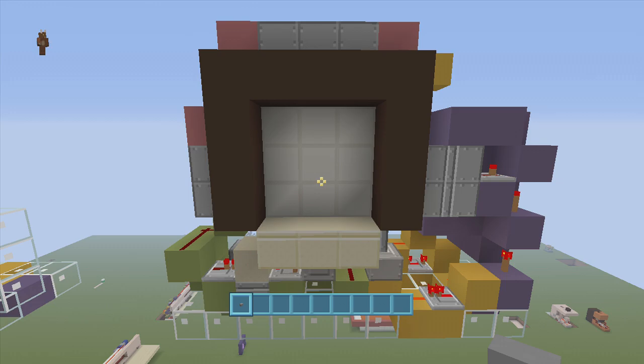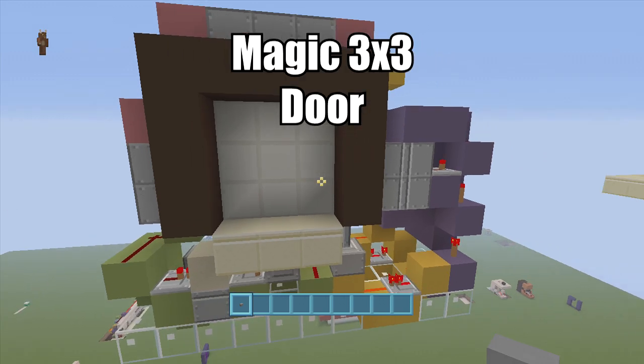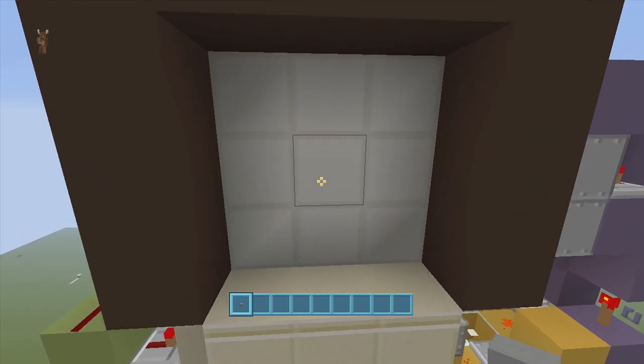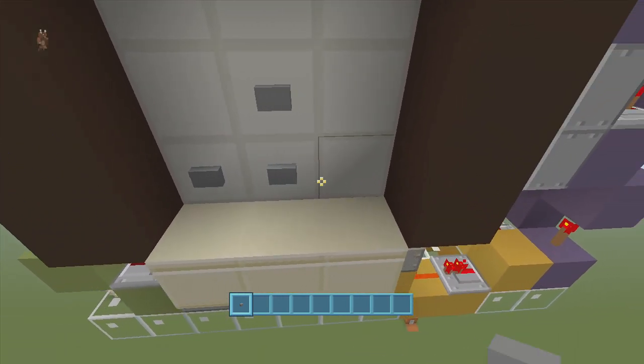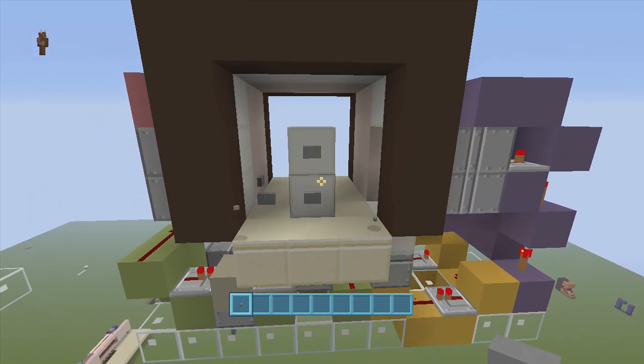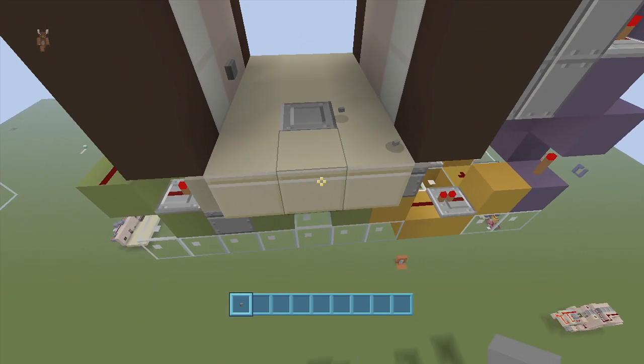In this tutorial, I'm showing you guys how to build my magic 3x3 door. As you can see, there are no buttons around us because the button lies on the door itself. So if we place a button here, here, here, or here, we can open up the door. Click the button, and as you can see, our 3x3 door will open up, and all those buttons went